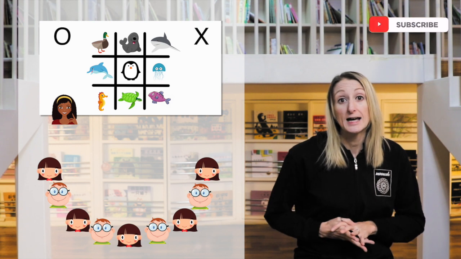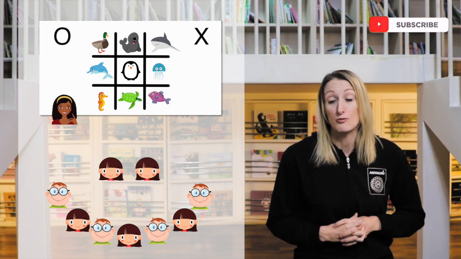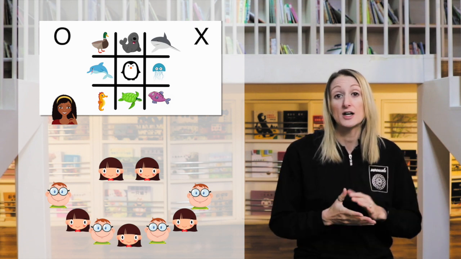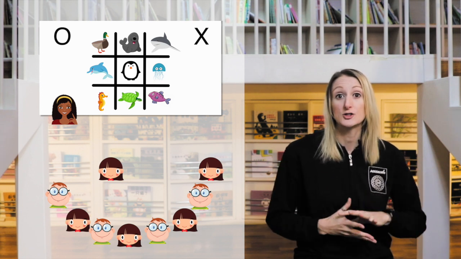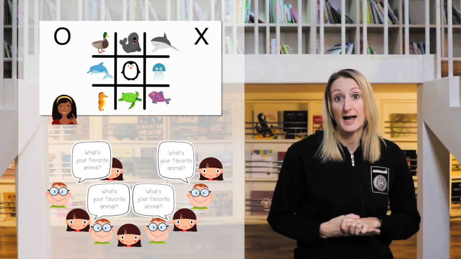Now this time round, we're going to have a member from Team A and B come to the middle and play a game of rock, paper, scissors. Whoever wins that game gets to stay in the middle and the other student sits back down. The whole class as a group then asks that student in the middle the target question. For example, what's your favourite animal?